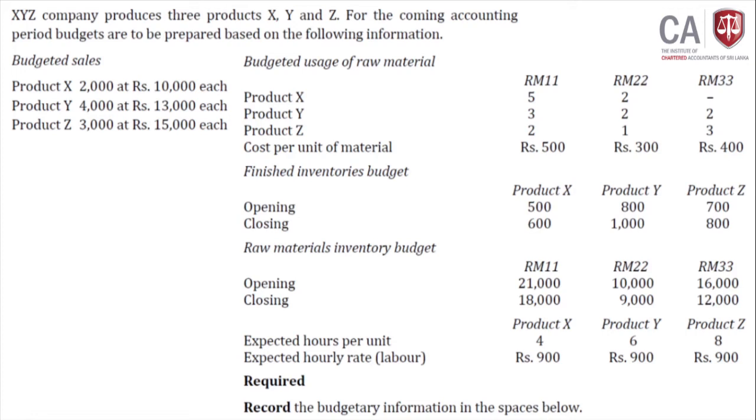So once you establish sales, then production budget. Number two. Production budget. You produce X, Y, Z. From X you produce how much? First you have to figure out, start with sales. The production budget is built starting from the sale. That is the order. Right? Sales